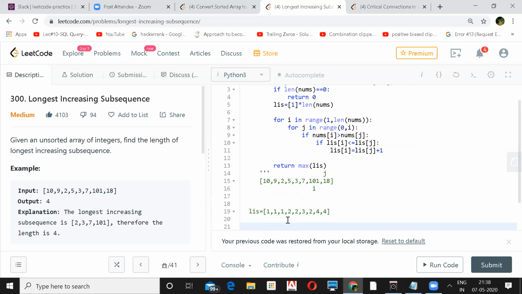So every time, when you're looking for the index J, whatever numbers are lesser than J, you are counting, but they should be in sequence. Yeah, it should be in sequence. So that is what you are doing over here. Till that point, what is your LIS? And if you append that element, and if you don't take that, which one is greater? Take the max of those two. Okay.